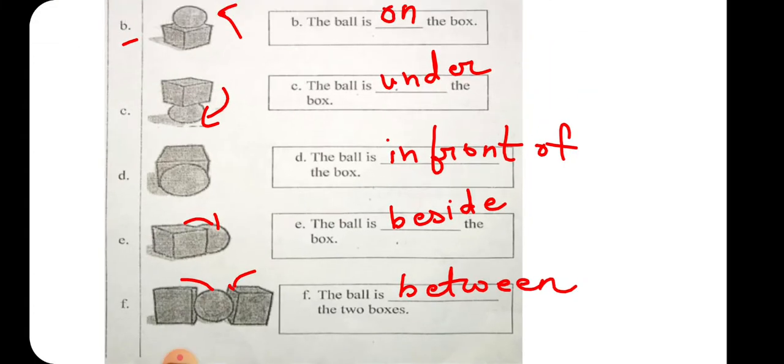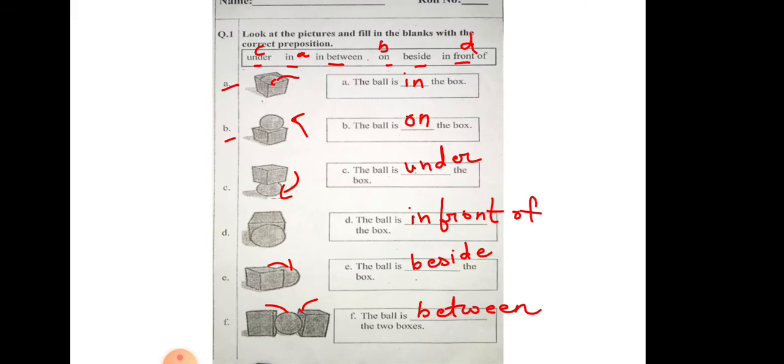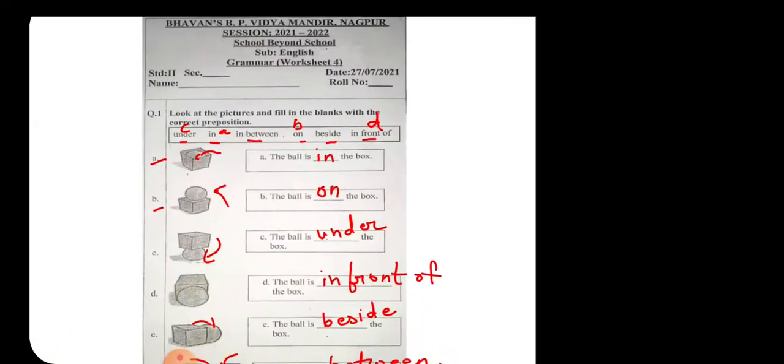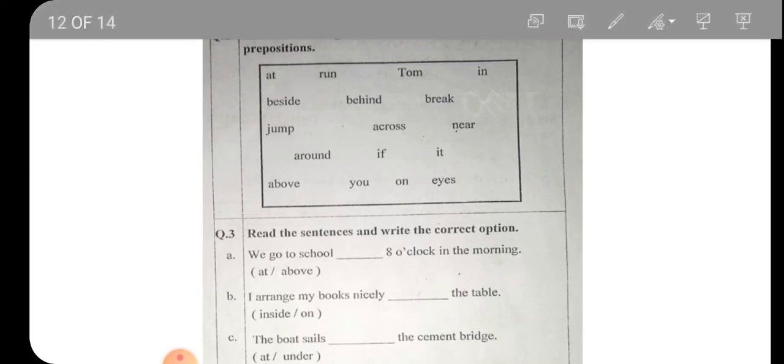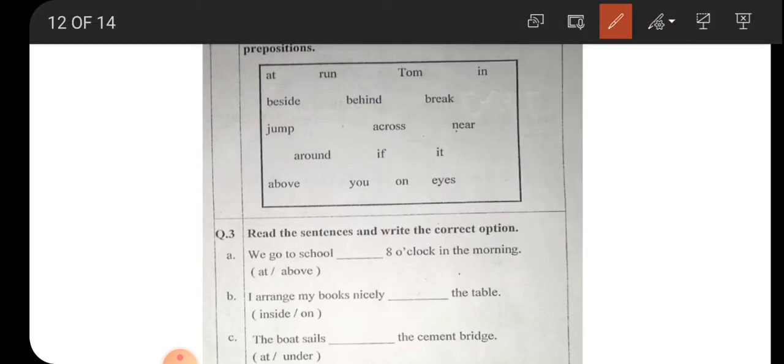Okay. Now. Sorry children. Okay. Now here are the words. They are all mixed up. Some are verbs and some are prepositions. We have to circle only the prepositions, the words which are prepositions. Okay. First one, at. Yes. I will have dinner at 9 o'clock. Yes. It is telling you at what time. Okay. Run is a verb. Tom is a noun. No.